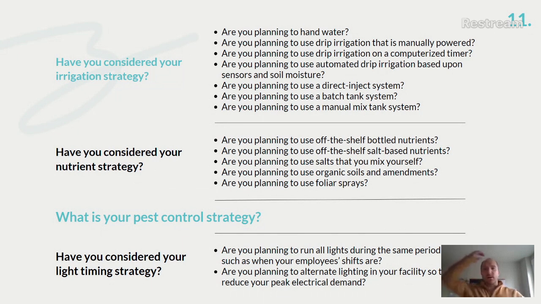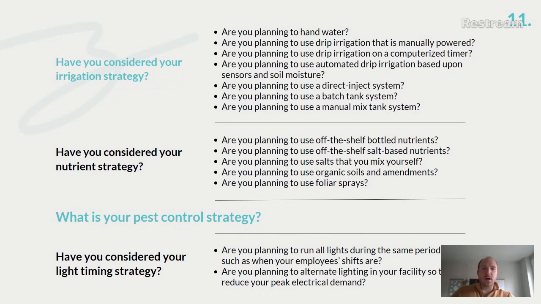Because when we're talking about irrigation, you're going to want to design your irrigation system to be able to execute on that. Let's just say you're going to have 4 cultivars in the same room, then I strongly encourage you to have 4 zones of irrigation capability in each one of those rooms in the event that each cultivar needs a slightly different mixture. If you've zoned them properly with the right level of infrastructure and the right valves and program that into your software, you can actually execute a different mixture to each one of those zones.